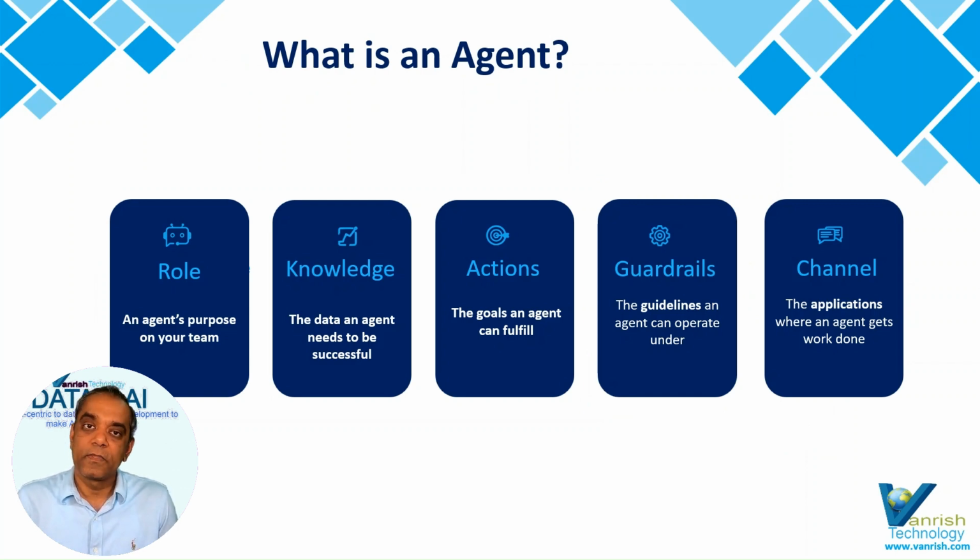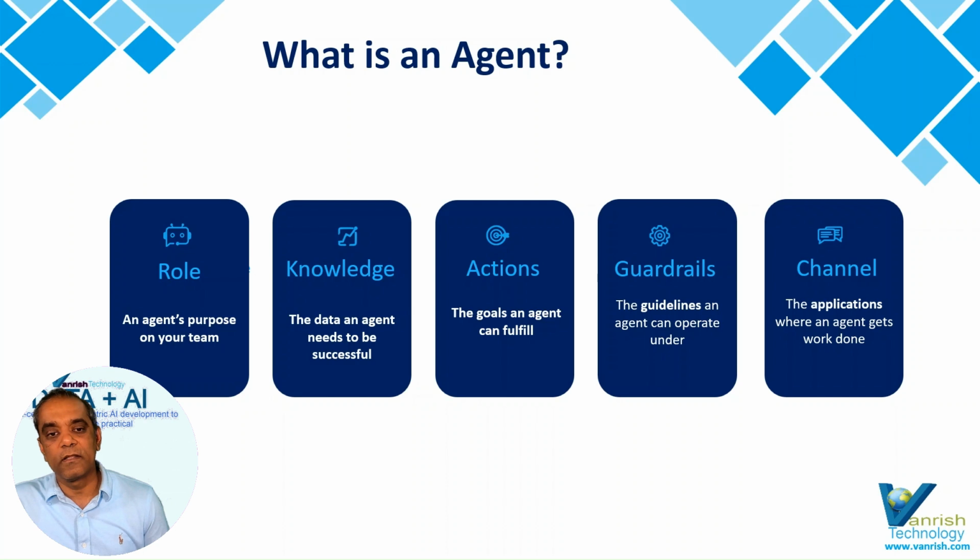Fourth one is guardrail. Guardrail is a very important piece of this whole AI agent. Why? Because it is protecting your assets and preventing sensitive information from being exposed to your customer. Suppose you are working with personal data or PII data, or you are working on compliance, that is taken care of by the guardrail. Only the information you intended for that particular customer is enabled through the guardrail, and the rest of the information is protected by it.